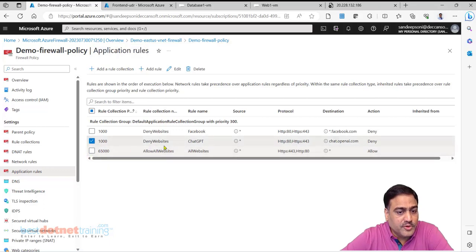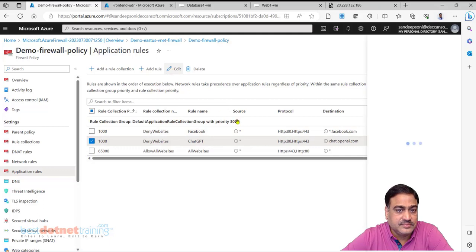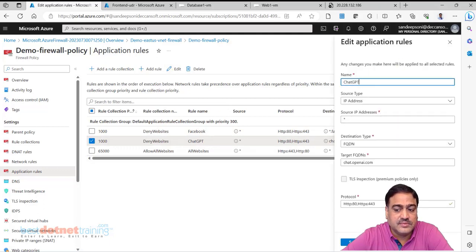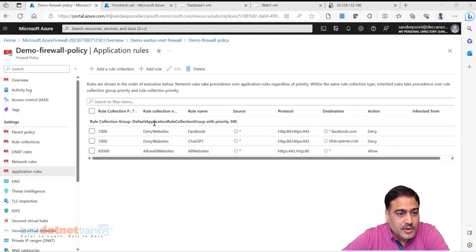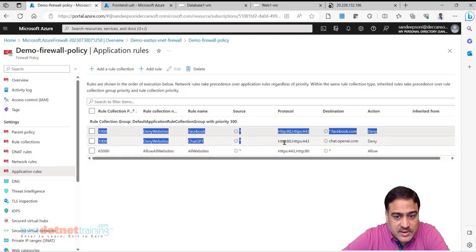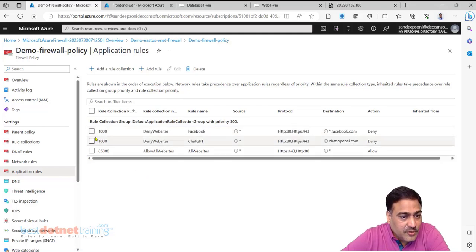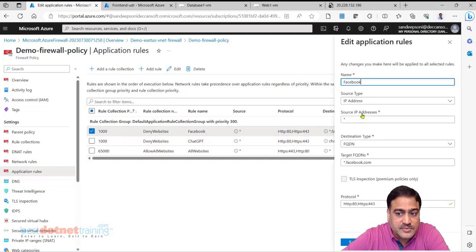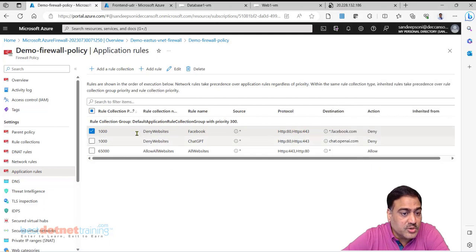You can of course edit. You see now there are two rule collections here. This is one which is allow and this is deny. Now in case we want to edit the rule collection deny, right now from here we can edit individual rules. I can make changes to individual rules.